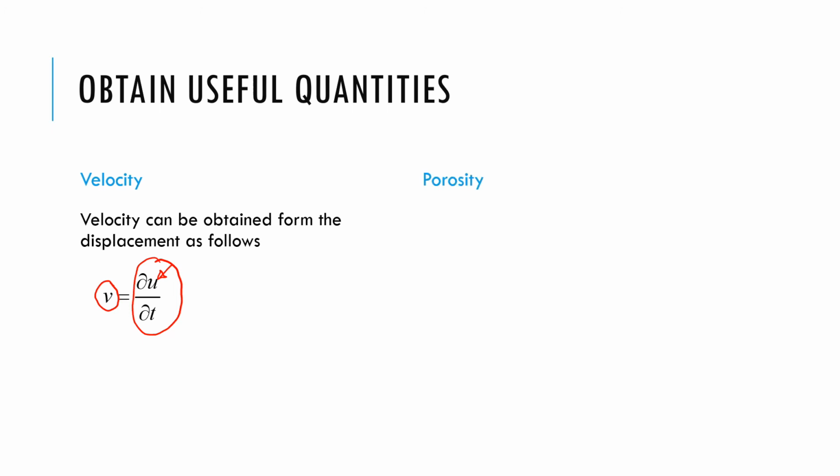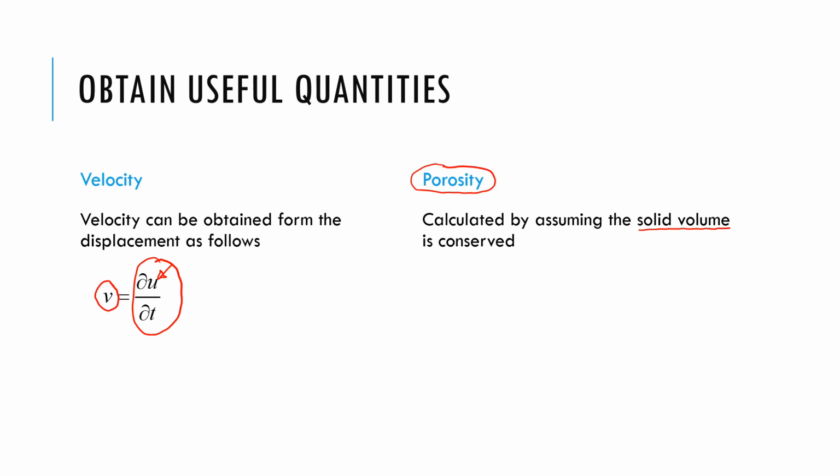The other important quantity that we can get out of this deforming solid is to be able to calculate porosity. And to calculate porosity, we have this very important concept that the solid volume is conserved. So this is the volume of solid phase only, not the way we normally are thinking of the solid volume for the entire food, but it's the volume of the solid phase. So let's see how we can write it